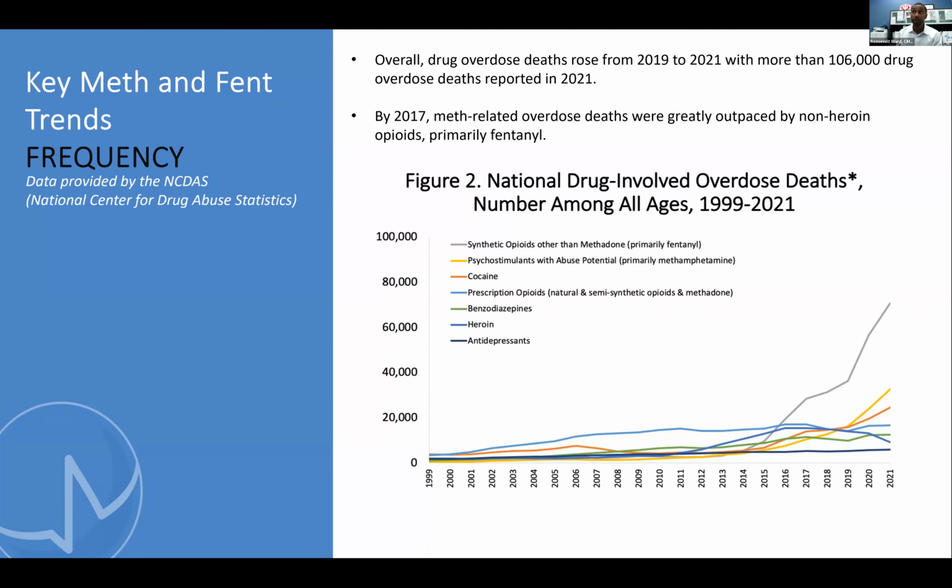I am going to speak on some statistics that will basically summarize how we have arrived at this point with methamphetamine and fentanyl overdoses. So we're going to look at a couple of CDC graphs and statistics that give you an idea on where we are today. The first graph here gives a representation of the last 20 years. And as you can see over to the right, the tail end, the yellow, which is the second from the top, and the top, which is gray, represent both fentanyl and methamphetamine.